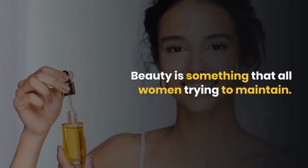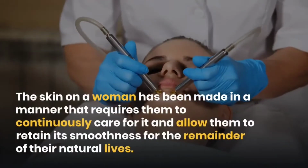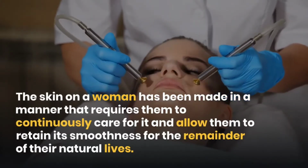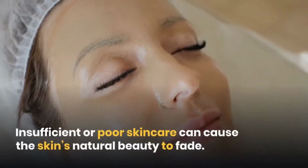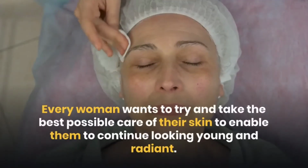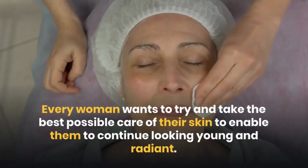Beauty is something that all women try to maintain. The skin on a woman has been made in a manner that requires them to continuously care for it, and allow them to retain its smoothness for the remainder of their natural lives. Insufficient or poor skincare can cause the skin's natural beauty to fade. Every woman wants to try and take the best possible care of their skin to enable them to continue looking